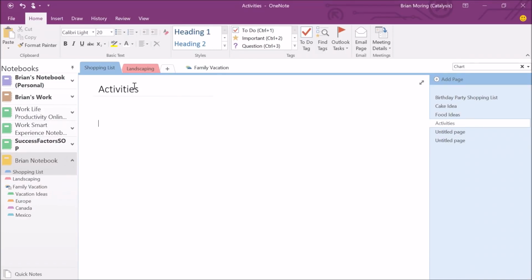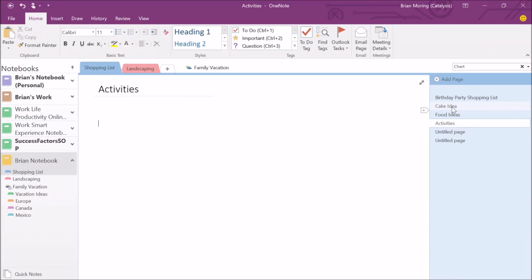So each one of these pages is still in reference to that birthday party shopping list, right? These are things that we have to do in addition to that original birthday party shopping list, but they're all associated to that birthday party. So how can we make this seem more in line with each other? Well, we can make each of these pages a subpage